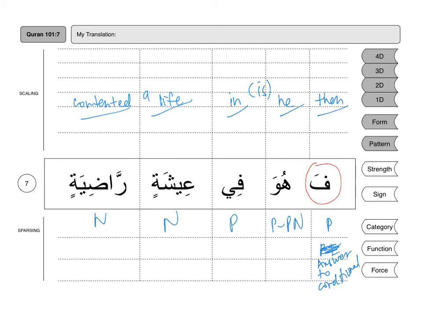So huwa will be personal pronoun. It's at the beginning of a sentence, therefore we say it's the subject of nominal. Fi, particle of preposition. Ishatin, object of preposition. Isha, radiya, can you see that? Follower adjective,